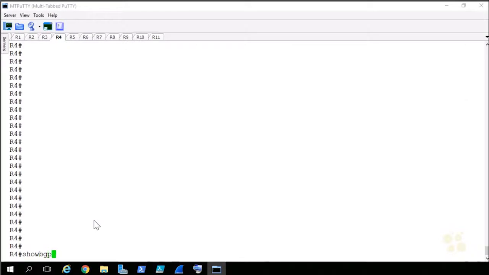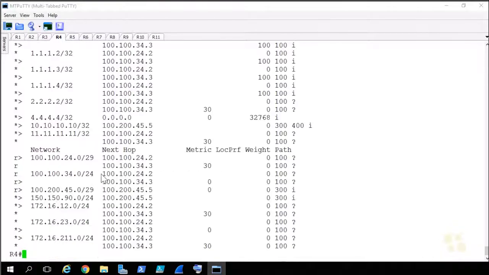Back on R4, I'll give it a show BGP IPv4 unicast. Hit spacebar a few times, and I can see the redistributed routes because they have the question marks here. And look at this. The R3 learned routes do indeed have a metric of 30 set on them here. But the ones that were preferred and installed in the routing table were the ones from R2 because it